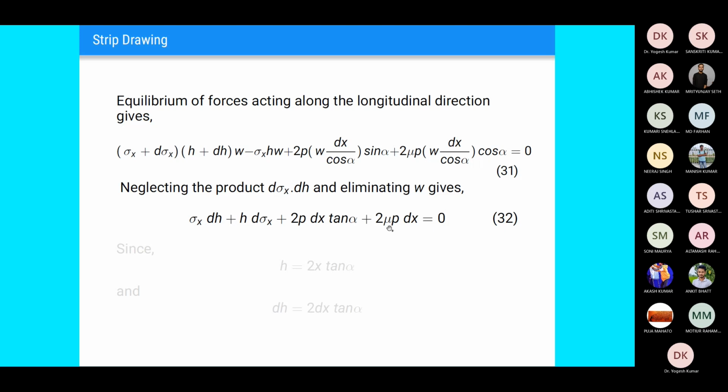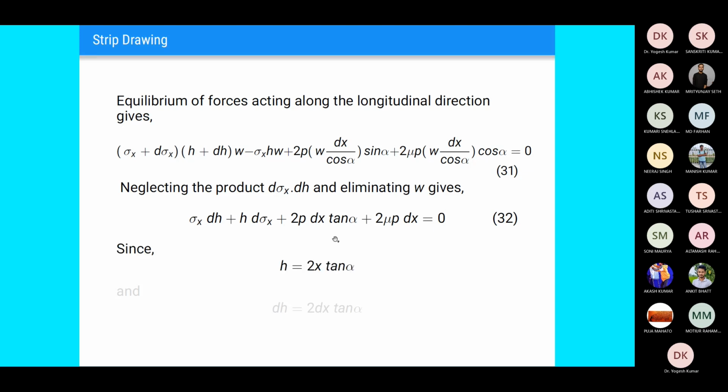Likewise there is some mathematical formulation throughout this slab method. I will be sharing this PPT, and I expect all of you to do this by yourself, because during the presentation I might have skipped certain small steps. Those steps you need to do on your own during the examination.